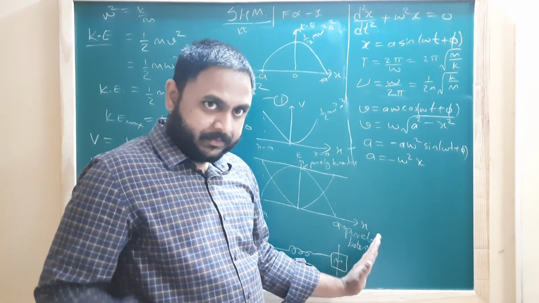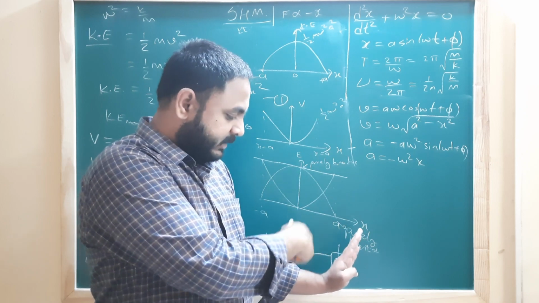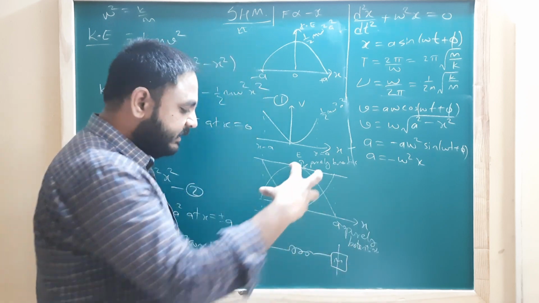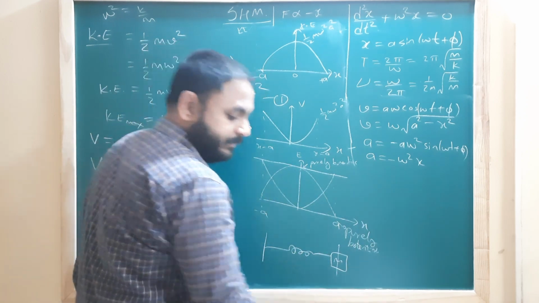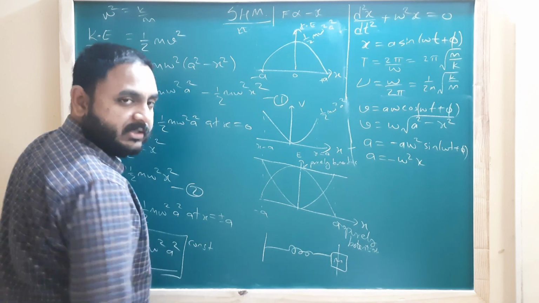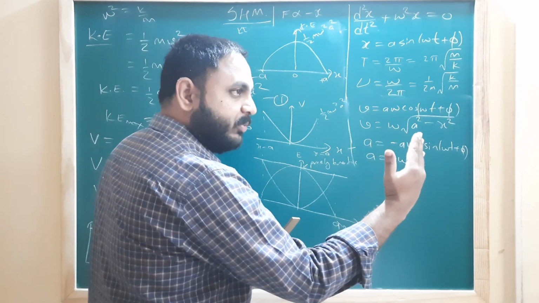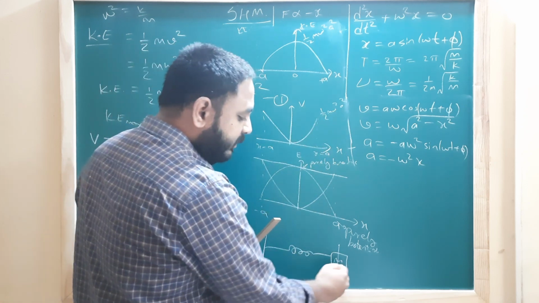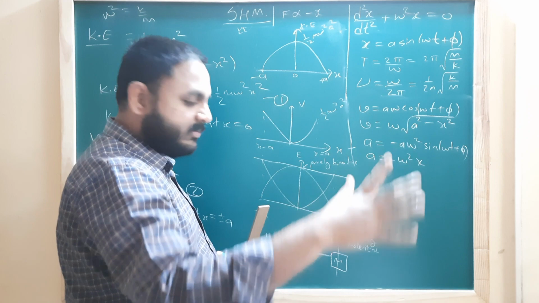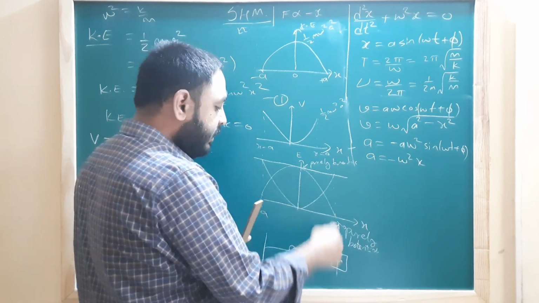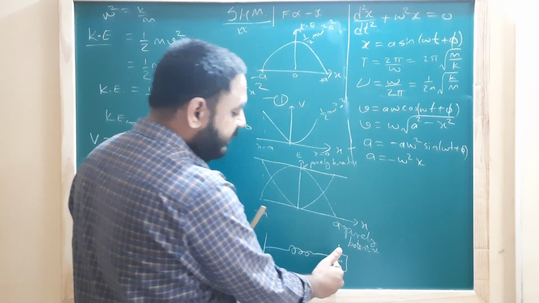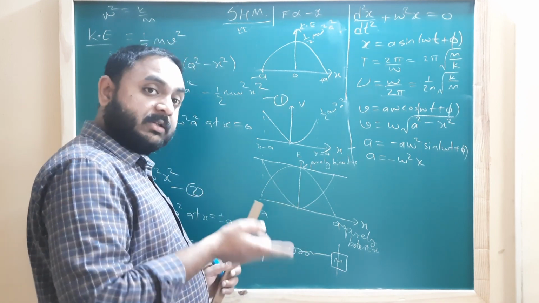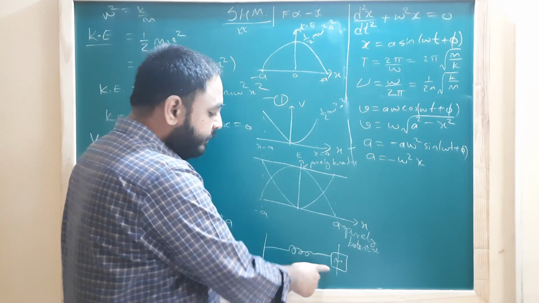I displaced it. I gave the system some energy. That energy got converted into potential energy. Why potential energy? Because the spring got extended. That energy that I gave got stored in the spring. So now this spring has some potential energy. The moment I leave, that potential energy gets converted to kinetic energy slowly. When it comes back to its original position, the potential energy has become zero, but kinetic energy has become maximum. Here, because of the kinetic energy, the mass will continue to move in the opposite direction. Now again, kinetic energy goes on reducing, and the kinetic energy gets converted into potential energy, and this goes on.